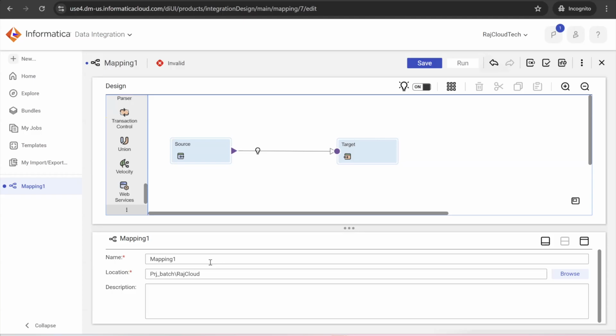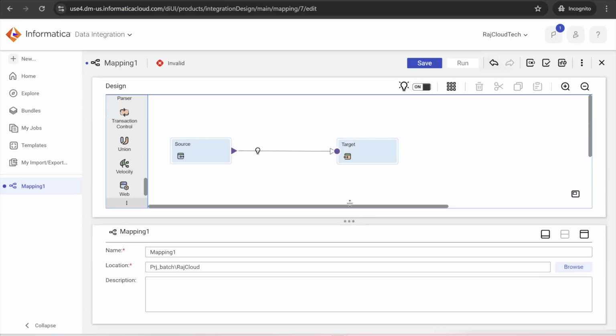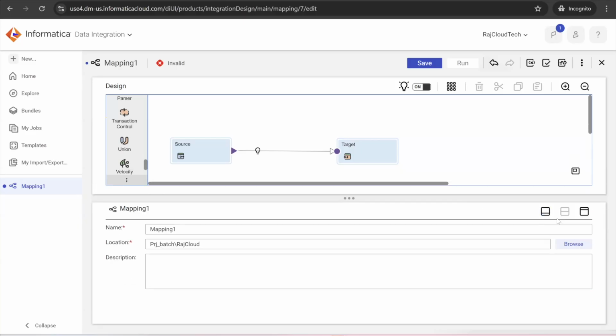Now the first step is, you need to change your mapping name. See now the properties window, the 3 dots, you can scroll up, scroll down. For the properties window, we have 3 buttons here. One is minimize, restore, maximize.